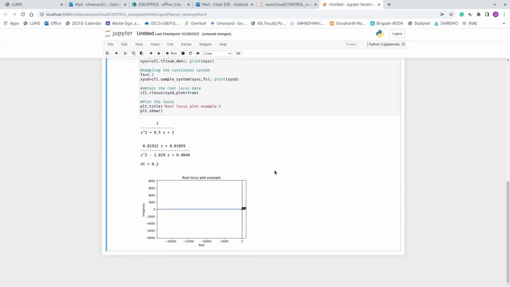So you see here, this is the S domain transfer function, and this is the Z domain transfer function. You have 2 poles and 1 zero. So you see that this is the root locus, but it apparently doesn't look like it is making some sense. But it is actually correct. This is actually a correct root locus. If I zoom in here, you will see the unit circle coming up. It's very small because the numbers are pretty big. The root locus has gone on to a very large number. So here is the problem.